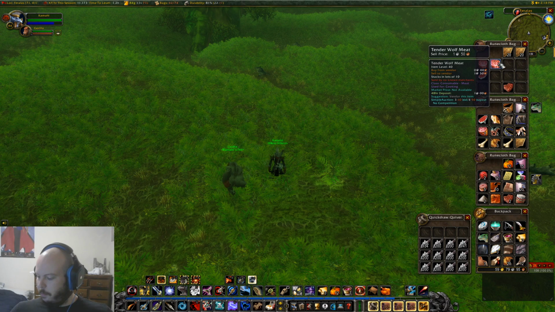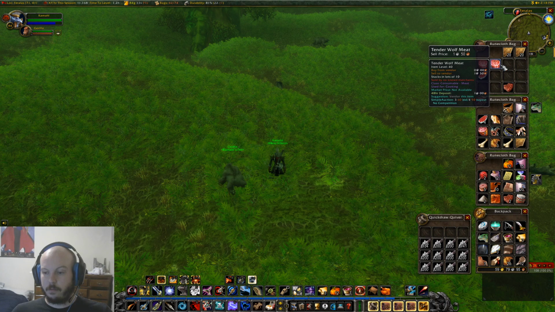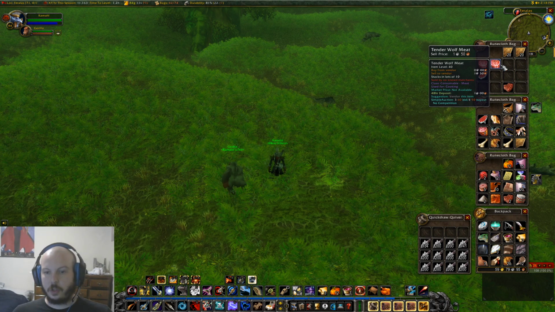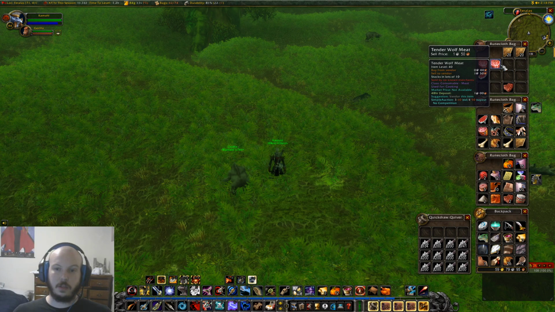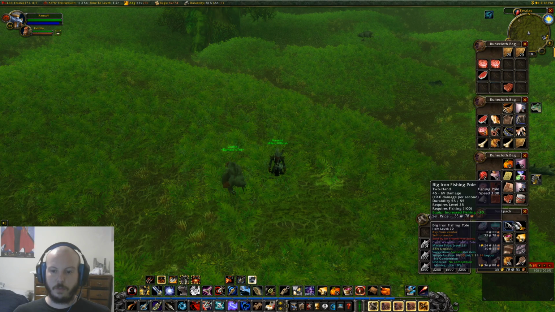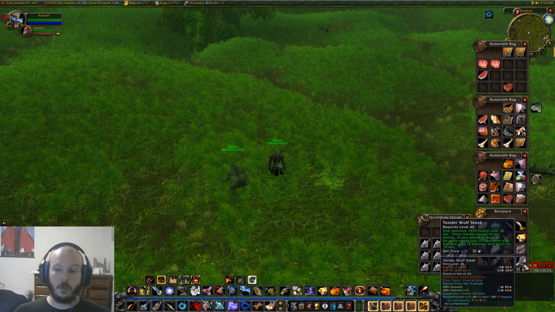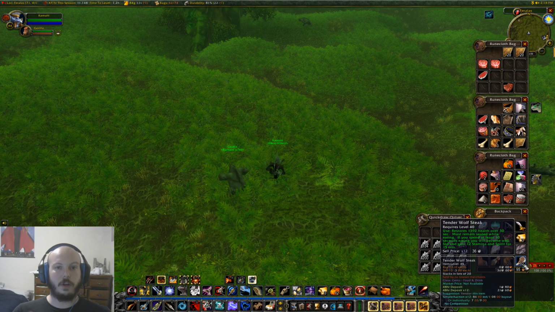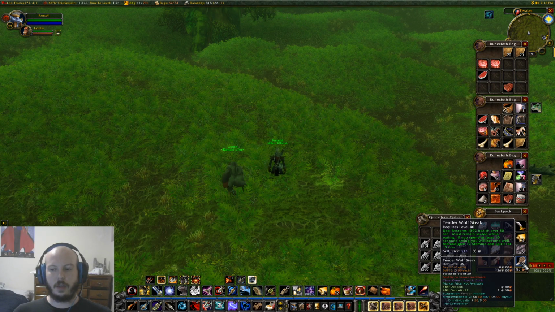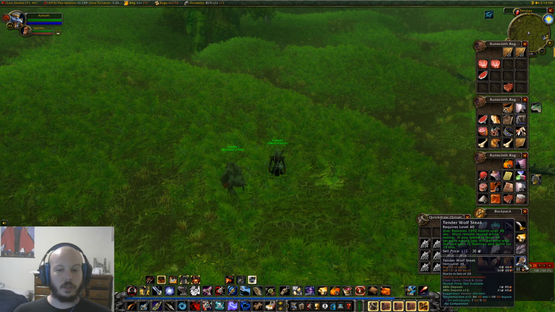With the tender wolf meat, you have the tender wolf meat itself, which you could sell for 1.5 silver. If you cook it, you have to pick up a soothing spice, which costs 1.6 silver. So your total investment for the tender wolf steak is 3.1 silver, but when you sell it, you're only getting 3 silver back. So it's a negative investment if you end up cooking and selling this tender wolf steak